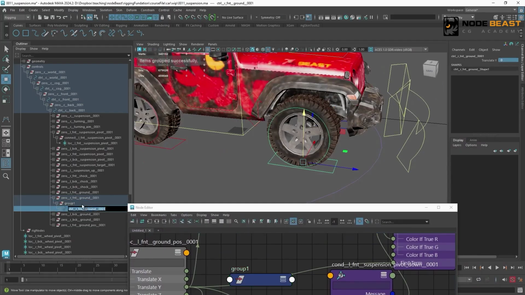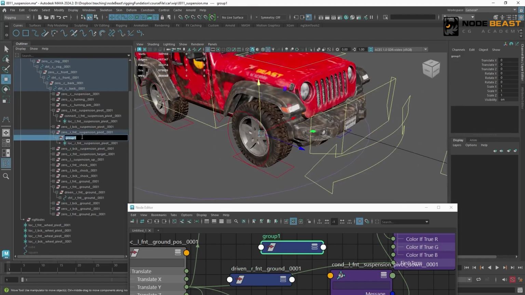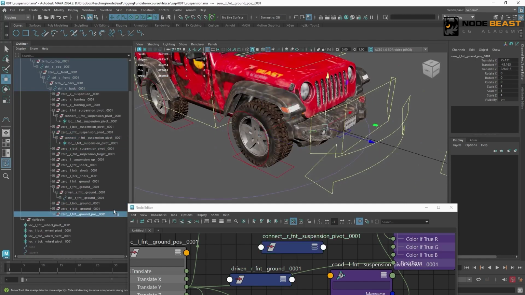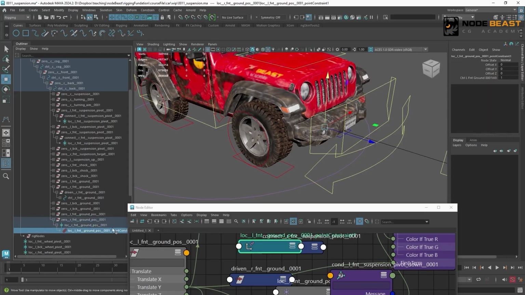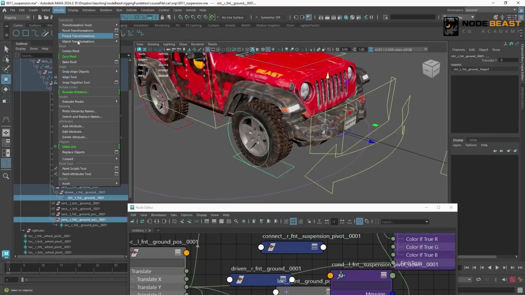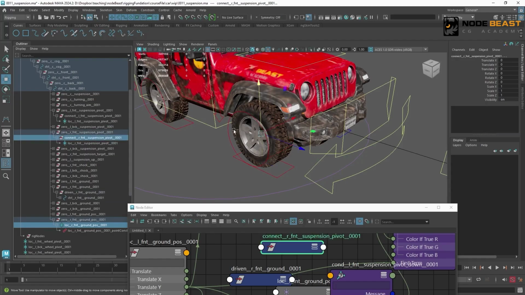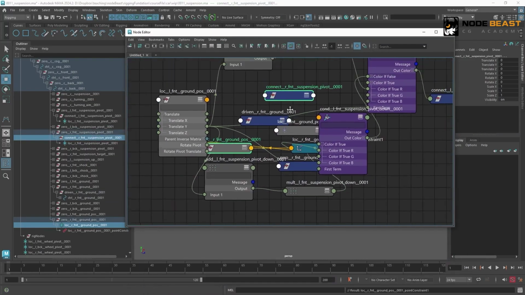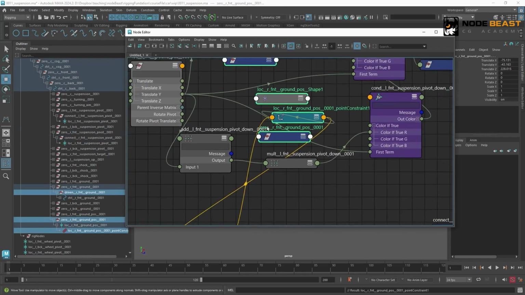Create a group same as before. Duplicate this position extracting locator. This is the right side locator. When duplicating, don't forget to delete the duplicated constraint node, because this node is useless now. Then snap the 0 group over. Next, use the controller to apply a point constraint to the locator. Then the locator and the connect group above the locator that lifts the car body, we need to create a linked effect with them. Clear the nodes we just created from the node editor.